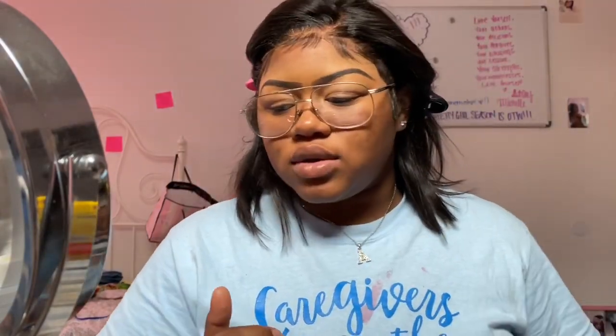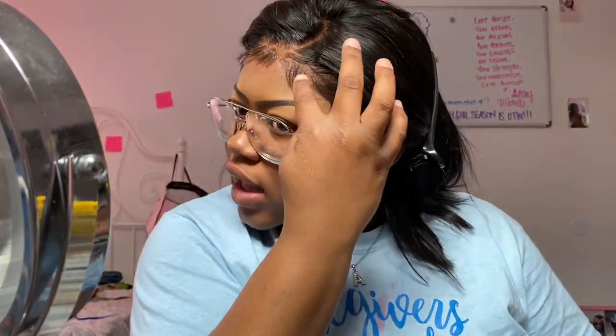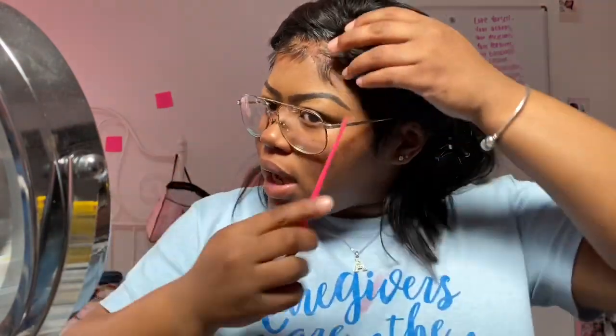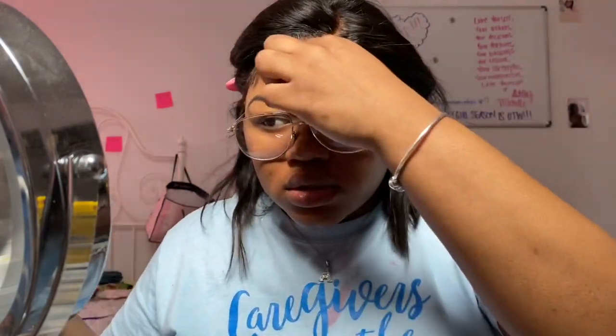So now I want to do my baby hairs. Just use some argan oil edge control. I usually don't even use this. I don't use it because it doesn't do anything for my natural edges, but whatever. So I'm just gonna put a tiny bit because honestly they're already formed. Like you can already see their shape. It's getting very sunny, but you can honestly already see the shape that I was going for with the edges. So I'm not gonna do too much, just a tiny bit,